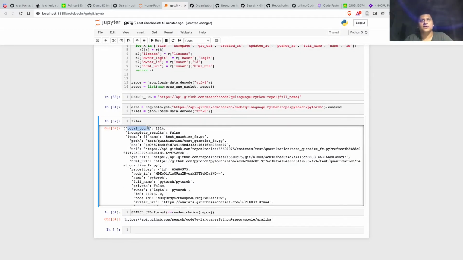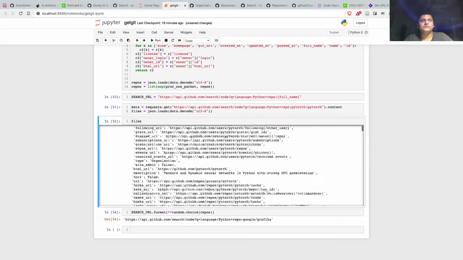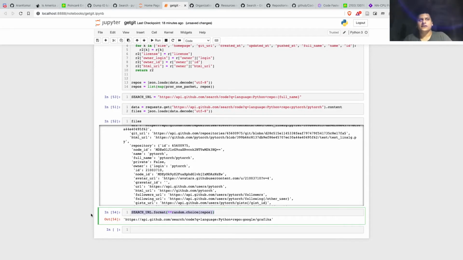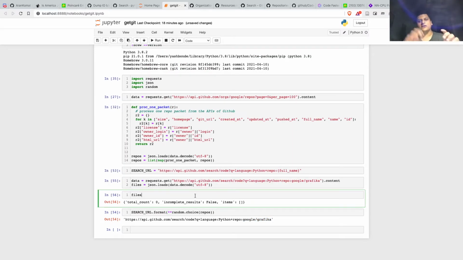It is good because you get all the possible files in a single hit, so you know all the files that are available in a particular project. Google Graphica, total count is 0. Cool, this is how it works. Okay, so next basically what we do is we iterate for each of these repositories, find code,